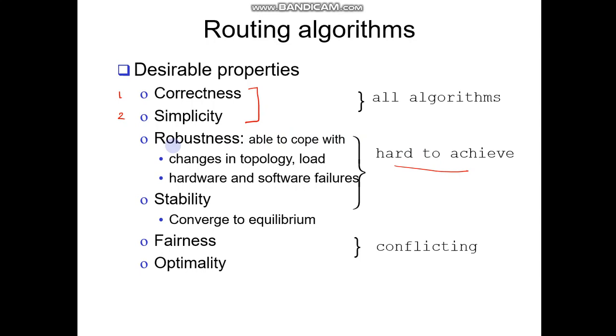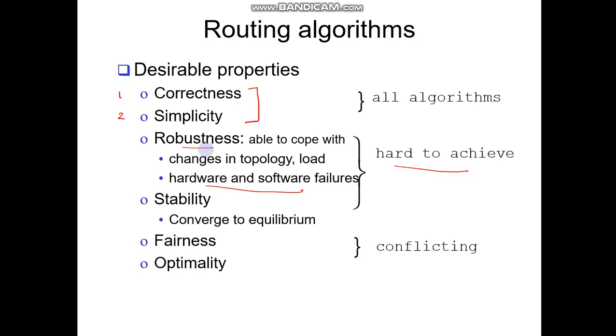If you consider a network, there can be any software or hardware failures. Whatever happens, the routing algorithm should be able to route the packet to the destination. If a router on the path from source to destination has failed, the routing algorithm should be able to reroute the packet so that it correctly reaches the destination. So, robustness explains it.